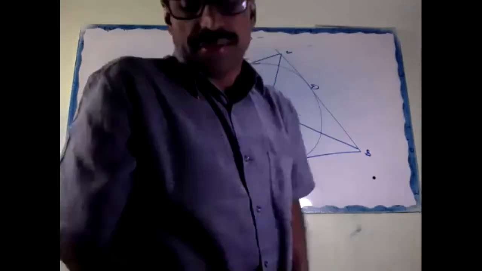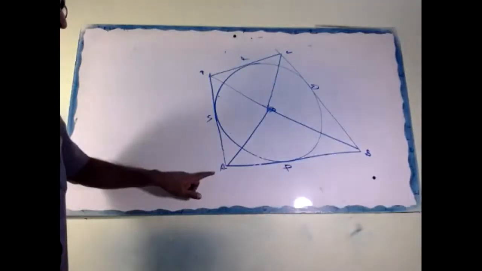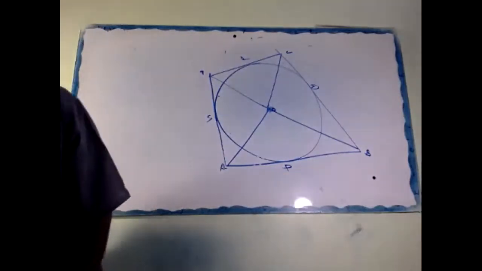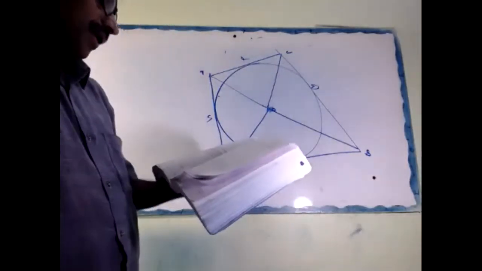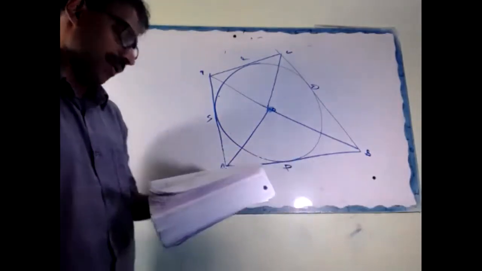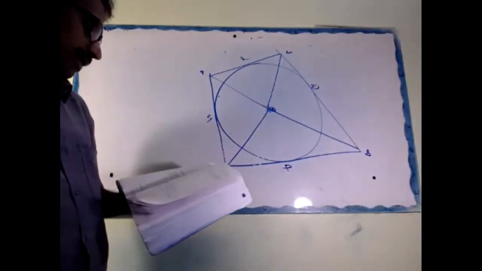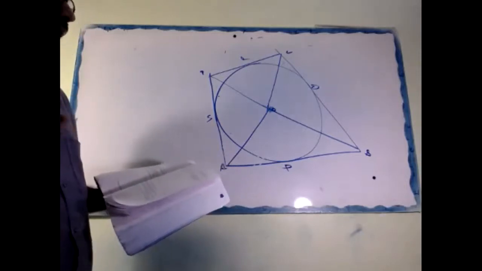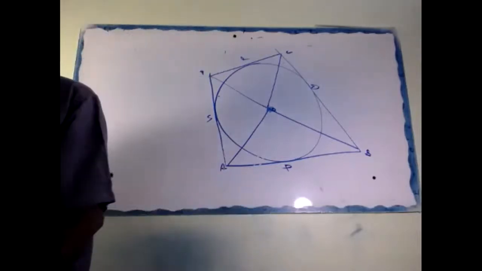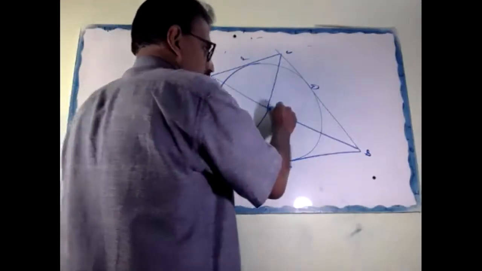Look at here. This angle plus this angle is 180. I'll read the question: a circle touches the sides of a quadrilateral ABCD at P, Q, R, S respectively. Show that the angle subtended at the center by a pair of opposite sides is supplementary. There is a shorter construction. Join this one. Join this.